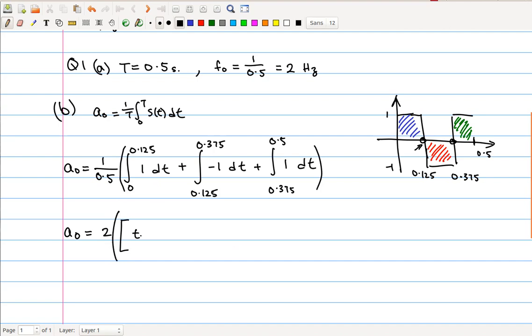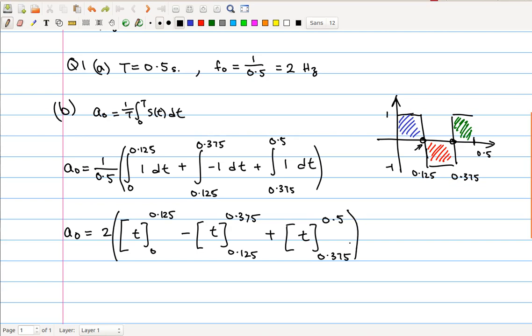Okay, so continuing on with our integral, 0 to 0.125, the negative here I'm just going to put out the front, so t from 0.125 to 0.375 plus t from 0.375 to 0.5,